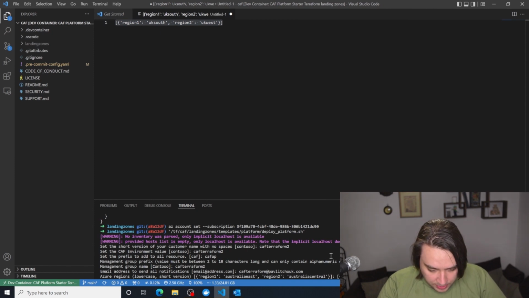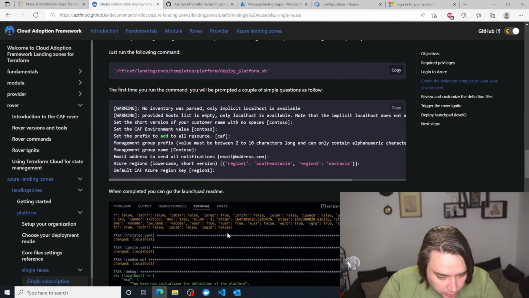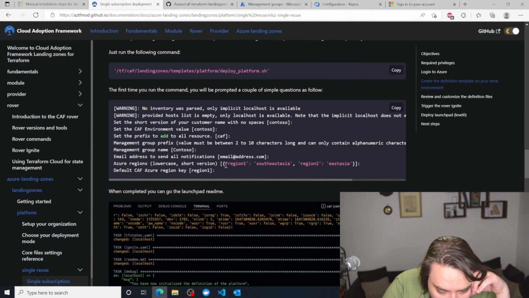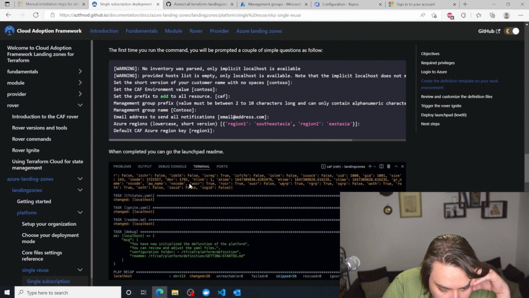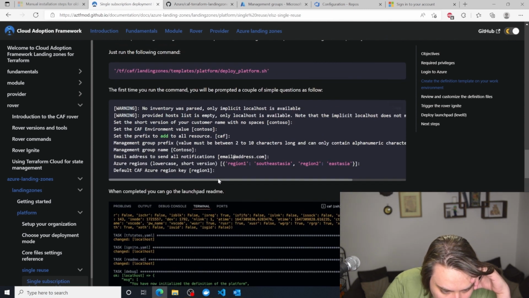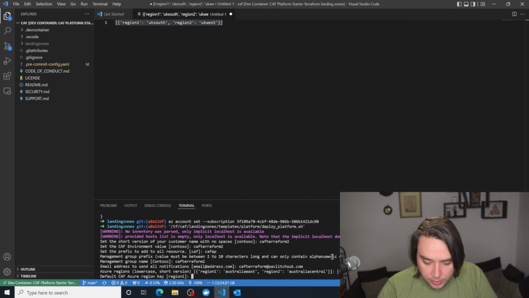And I will paste this in. Hopefully I have said it correctly. Let me just double check the Azure regions, just to make sure that it has done it. If I just go back here, and then the default CAF Azure region, so we're going to do,